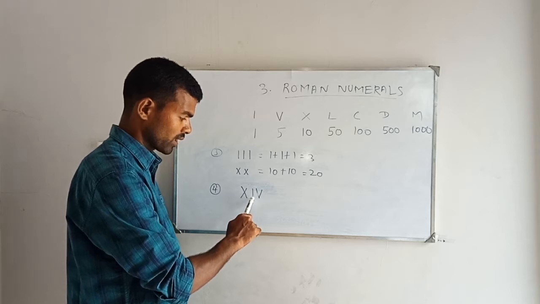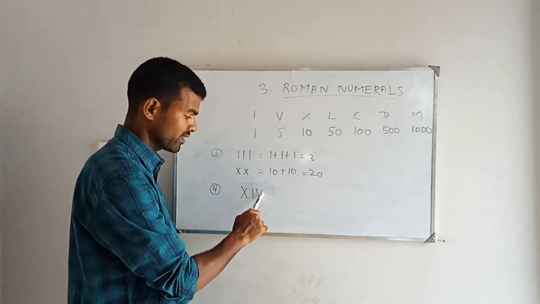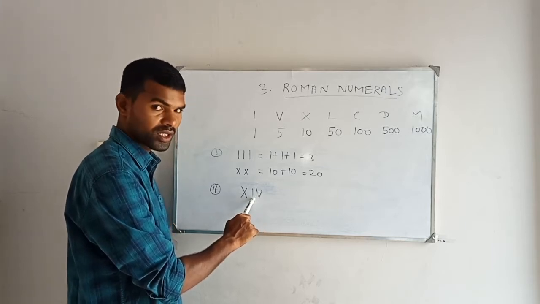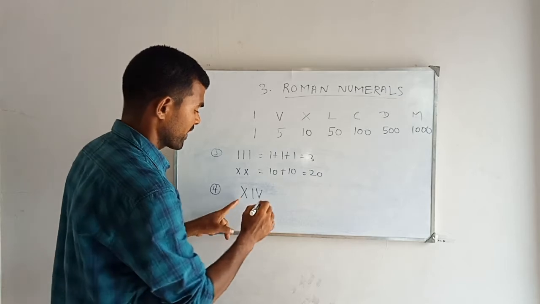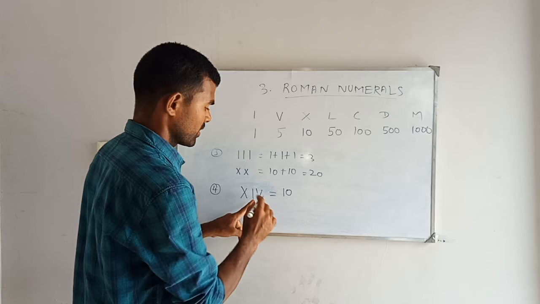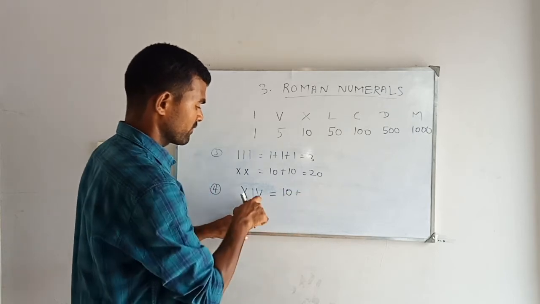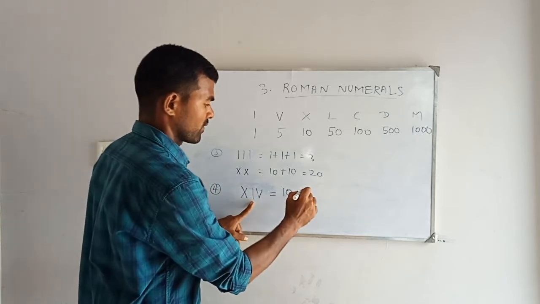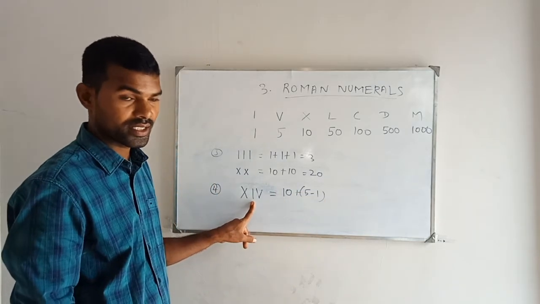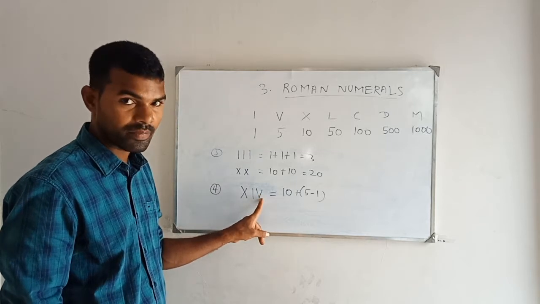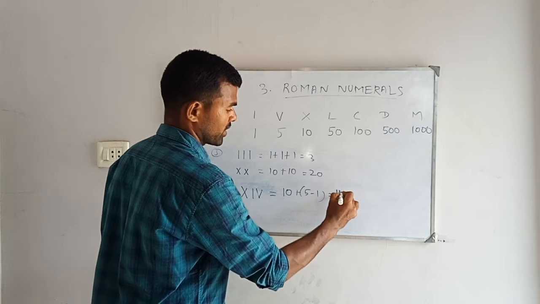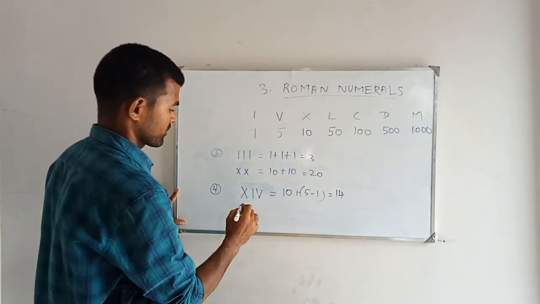From I, what is on the right side there? V there. From V subtract 1. What is the value of V? 5. 5 minus 1, how much? 4. So how will you write this value? X value is 10. And from 5, you are subtracting 1. 5 minus 1. Okay, no? Understand? From this number only, I gets subtracted. 5 minus 1 is 4. How much total is coming? Total 14. Okay, now? Like this only.